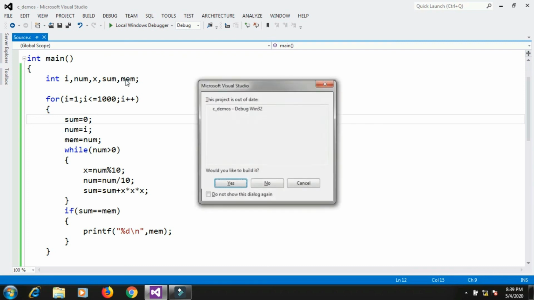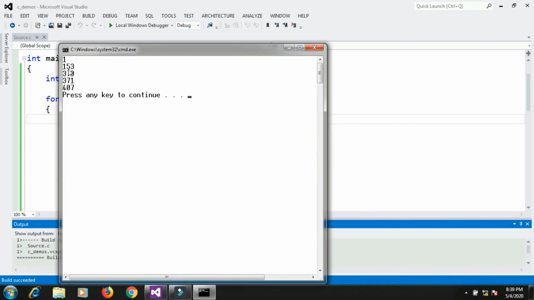And now let me check whether it is giving output. So yes, now it is printing the numbers. Which are the Armstrong numbers it is printing? It is printing 1, 153, 370, 371, 407. So yes, this is the program. I know that 1 and 153 are Armstrong numbers, but for the other numbers 370, 371, 407, I need to check whether they are Armstrong or not. But actually they are Armstrong numbers since it has printed them.